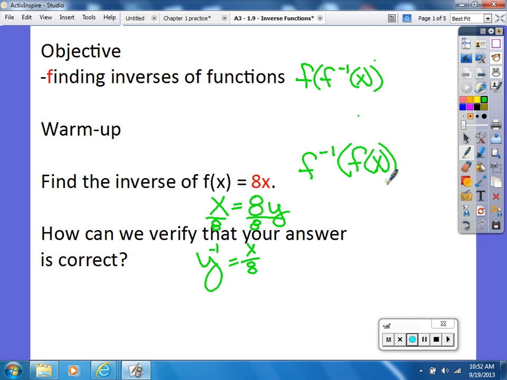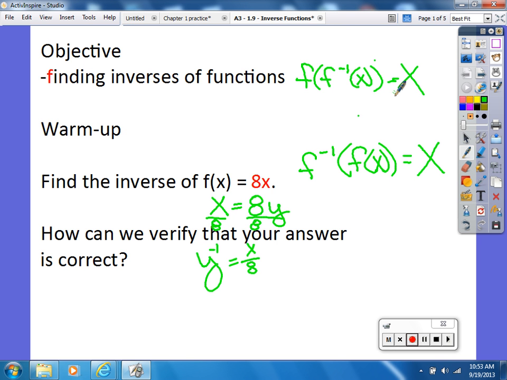And what do they both have to equal? The same thing. Do you know what that thing is? It's not 0, it's actually x. And this is what you did on last night's homework, right? Okay, so I'm going to take f inverse, which is